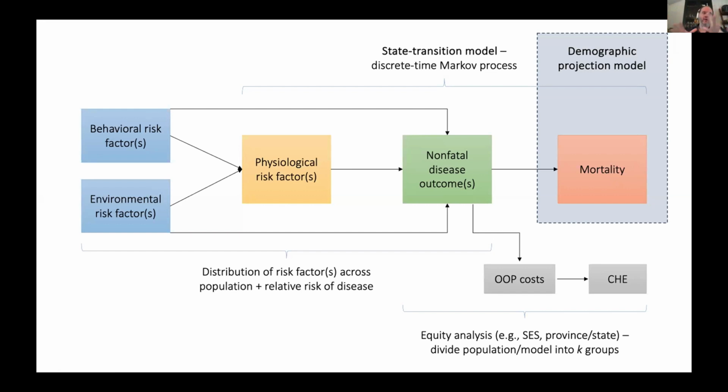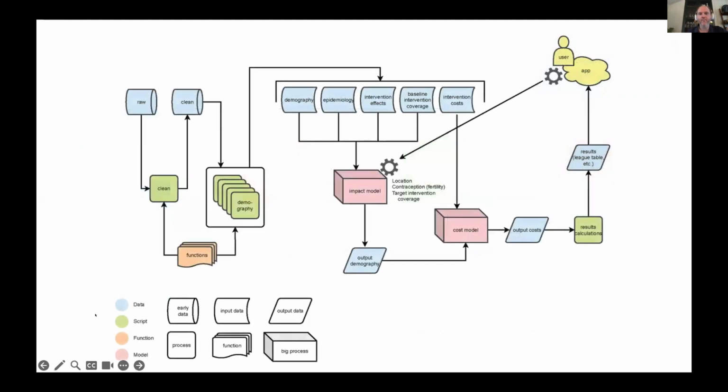And getting this all right conceptually has been a major focus of our work to date, and we continue to work on improving that because it gets infinitely more complex the more diseases and interventions you add, as you can imagine. This is just a shot of what the current version of the Fair Choices tool looks like